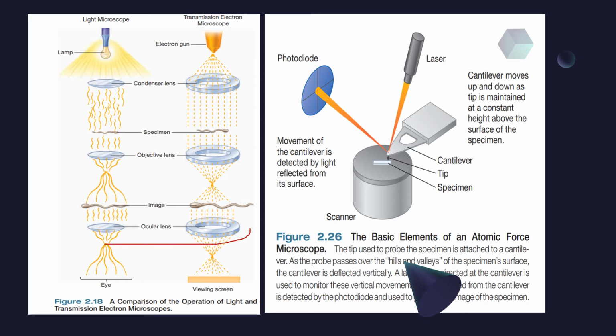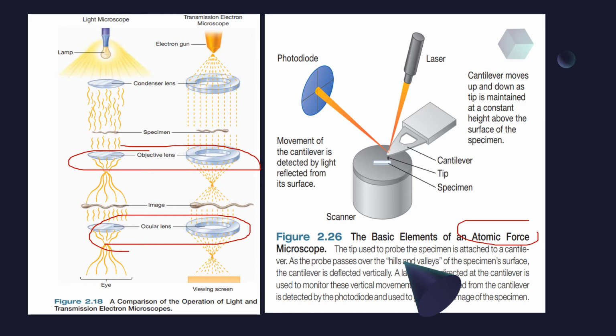So see here, we have ocular lenses, we have objective lenses, right? So lenses are there in microscope, but see here, it is atomic force microscope which I mentioned as an exception. There's no lens over here. It's photodiode, some laser beam, slide, cantilever, but there's no lens. All the images will be seen in some kind of computer form, but there's no lens. So it is not always important that lens will be there in microscope. It's just that most of the time, most of the microscopes do consist of lenses. I hope I made myself clear.